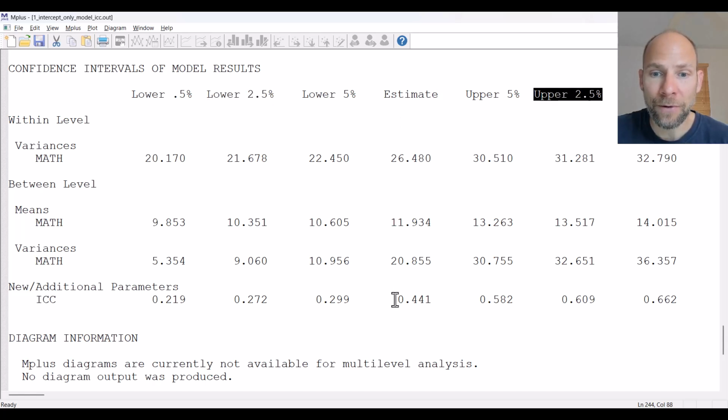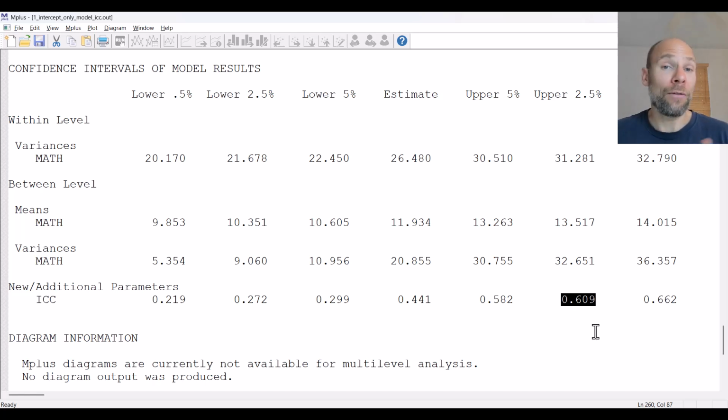And we can see that for our intraclass correlation coefficient of 0.441, the limits of a 95% confidence interval go from 0.272 to 0.609. So it's a fairly wide confidence interval. Of importance, this confidence interval does not include 0. So this means that the intraclass correlation coefficient is statistically significant at the 0.05 or 5% alpha level,